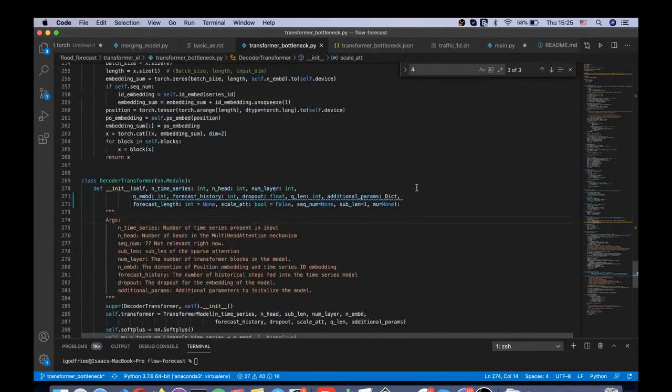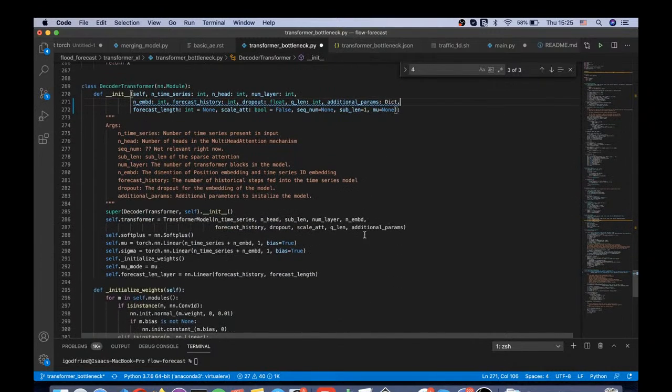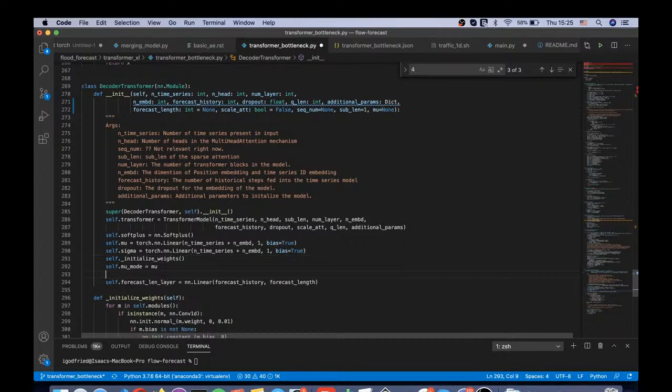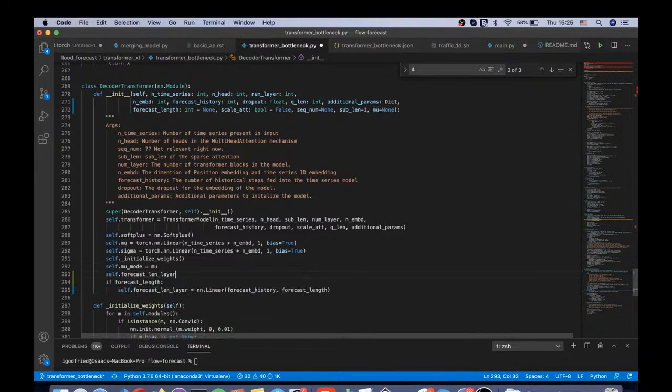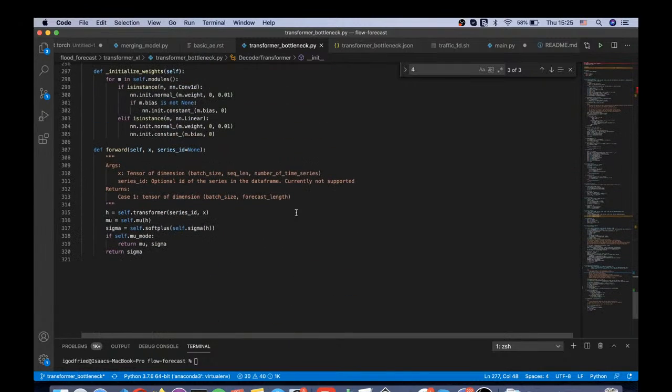And of course that's gonna complain. So we just do like if forecast length, and then we initialize the layer, and to make it easier there, we just do none. And then here we would just do